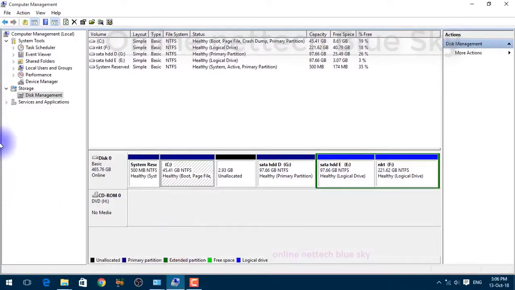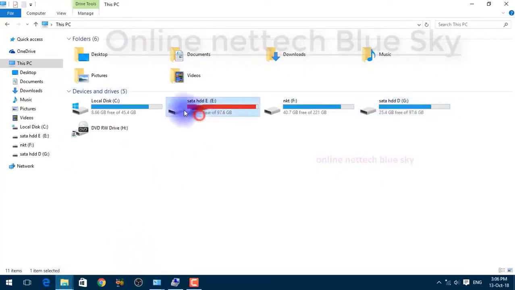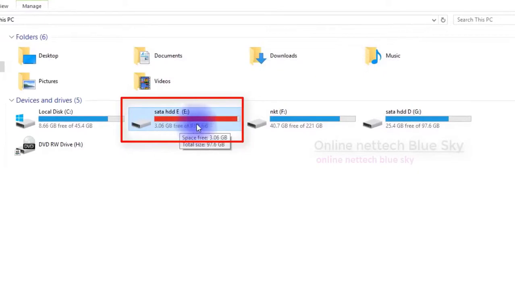I'm just not interested because I will discuss it in the Windows Server series. First, you can see here all of my partitions managed by Disk Management. A red bar means my partition is full, no more space in these partitions. So red means your partition is full of data.